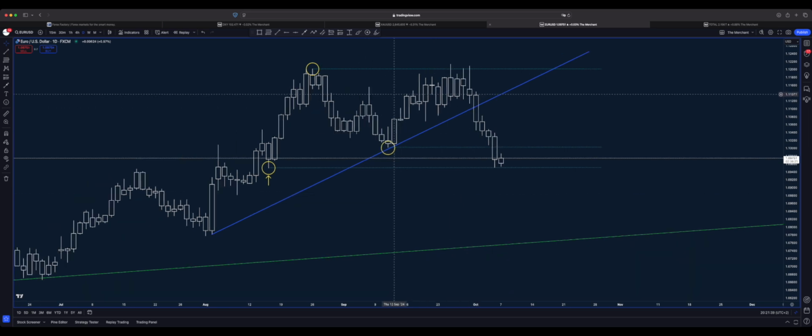From a market structure point of view, here we have higher low, higher high, higher low, higher high, higher low, higher high, higher low. Did the price make a higher high? No. So in that case, this is not a higher low. In order to call this a higher low, price must go and create a higher high than this one. But price didn't make a higher high. So from a market structure point of view, the last higher high is this one.